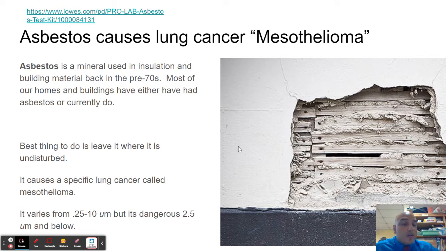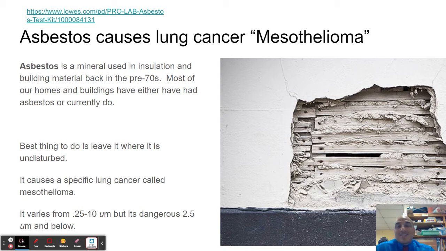Now, let's go over some asbestos once again. Every time I look at that word, I want to pronounce it differently. Asbestos. I think I'm saying it with a P, but it is a B. And it is a mineral that was used previously to the 70s. Most of us have it in our homes because most of the homes in Woodbridge Township are built in the 1950s, unless you got a newer home. Something to think about.